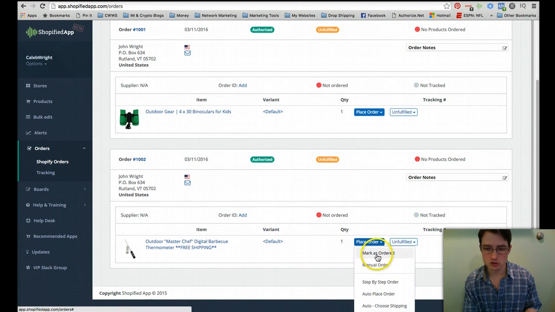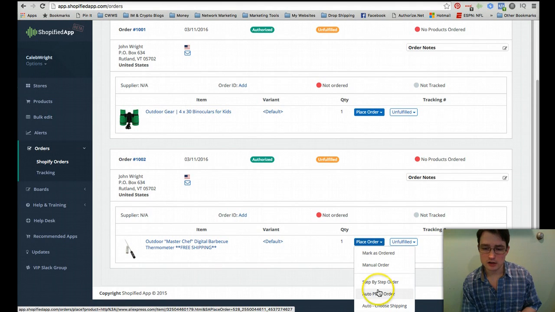And so it gives you this drop down, and you can do it manually. It'll just take you to the site, and you can go through all the steps yourself if you want, or you can save time by doing auto place order. It'll go through, select the quantity, the variant, and then put the shipping address in and purchase the item using your method of payment that's saved with the app. Or you can do a step-by-step order where it takes you through each process. You can see it and confirm each step in the process and see it through yourself, which I'll show you real quick. I'll do a step-by-step order on this item.